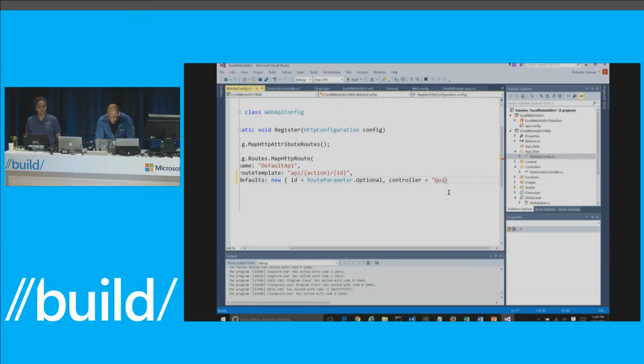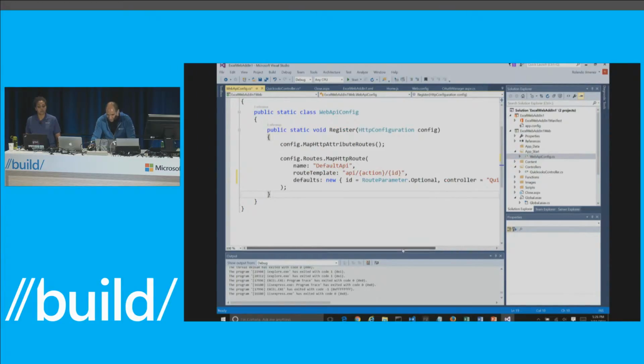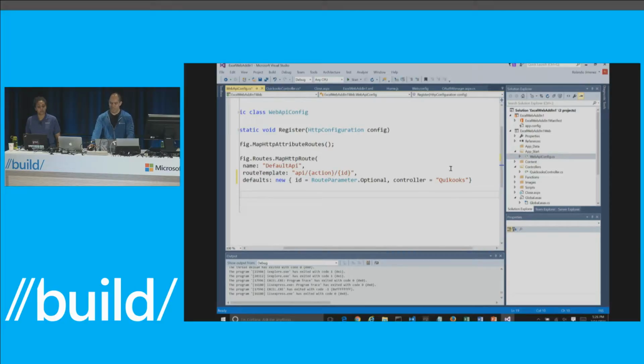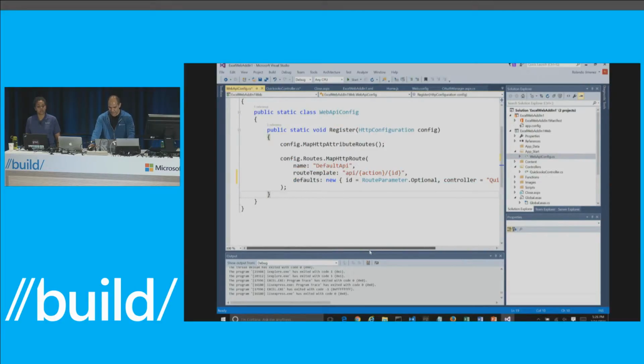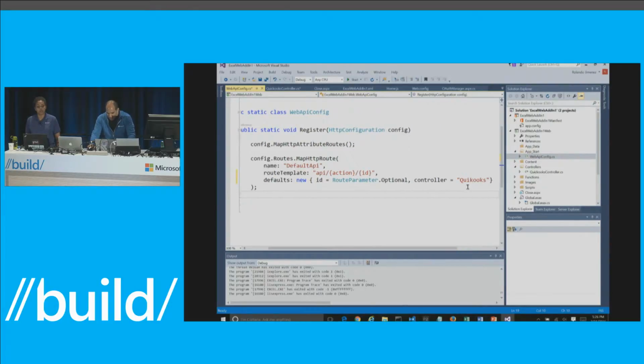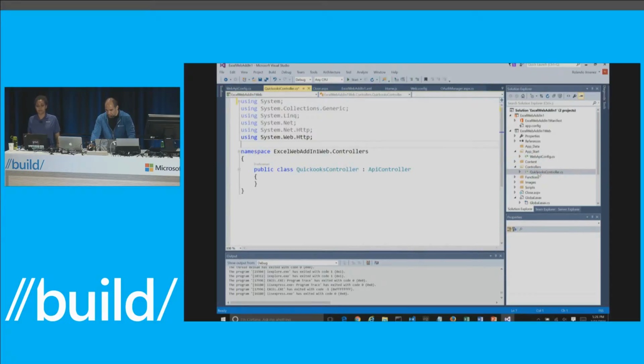I think, and then here I need to make sure it's the same name. So there we go, QuickBooks, and in this case, because the name of the class got generated incorrectly. Thank you. Otherwise, that was not going to work. So now I can go to my QuickBooks controller and start doing the code I need to implement on that